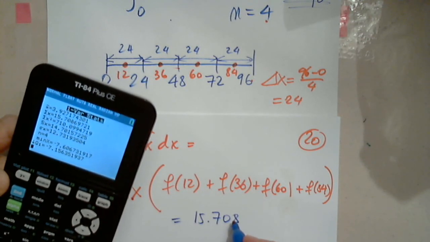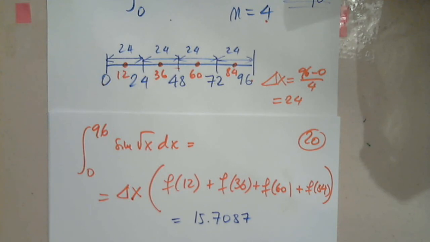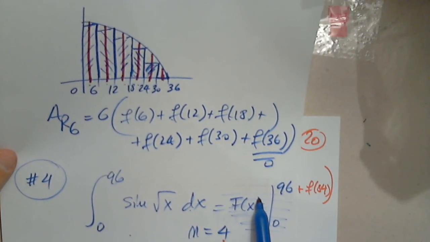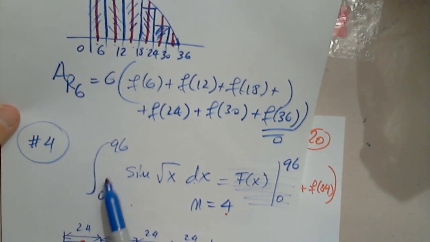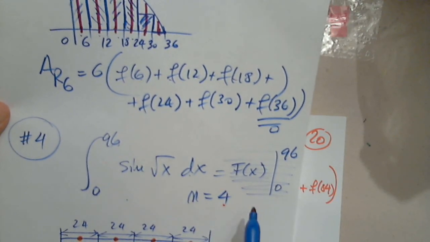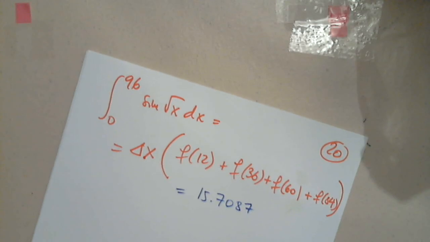Interesting. So we found that that is 15.708487. So although we're not able to find the exact area under the graph of this function between 0 and 96, because we were not able to find the antiderivative, we could not determine it exactly. We were able to determine an approximate